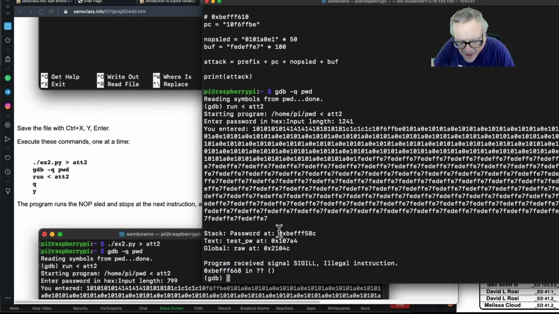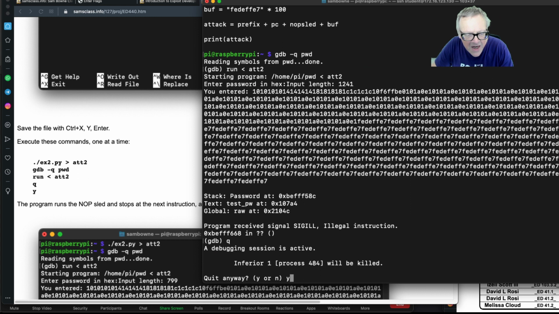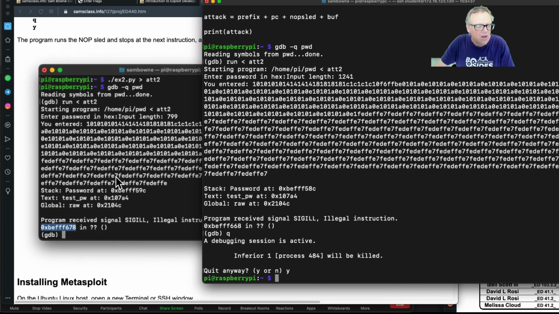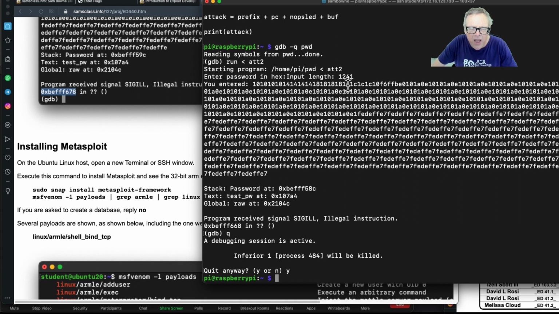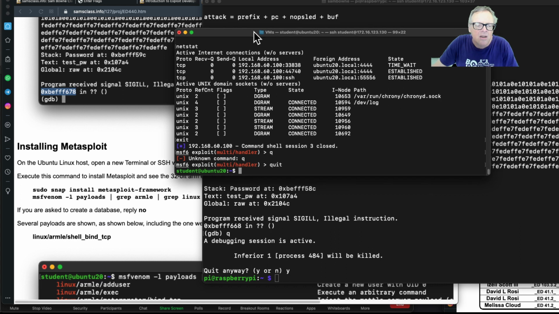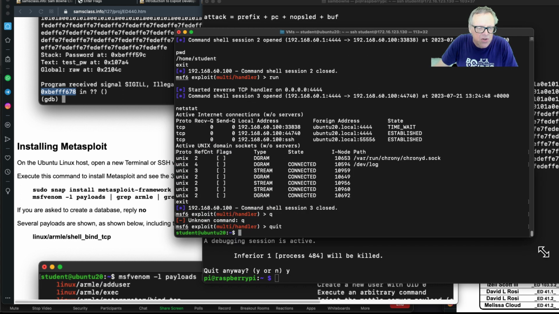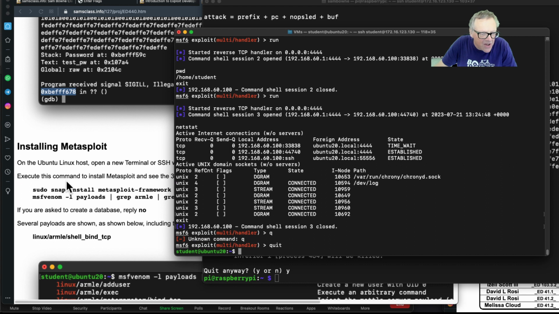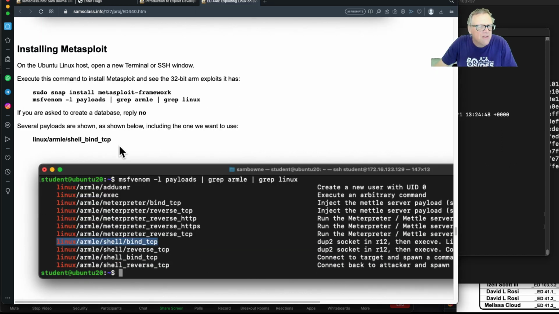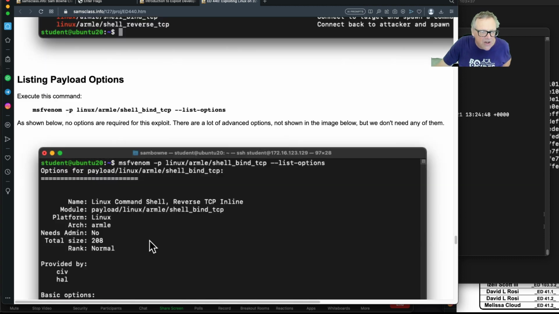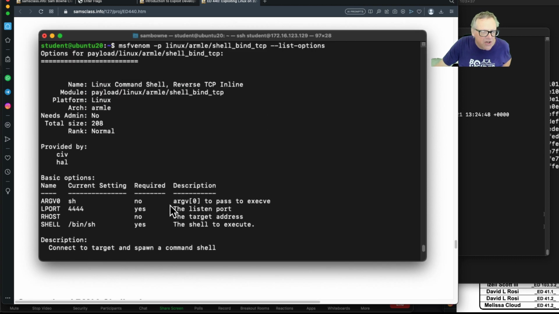That shows that I have code execution, and now all I have to do is have some real malware to put there. Now, I didn't put Metasploit on the Raspberry Pi. I'm not even sure it would run. I put it on the Ubuntu host. So you install Metasploit. I used Snap to do it. That worked. And now you can find there are a few ARM 32-bit exploits. One of them is shell bind TCP, which will just listen on a port, and by default it will listen on port 4444, so you don't need to specify any parameters if you're willing to listen on the